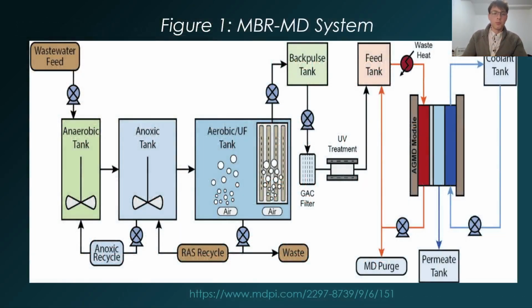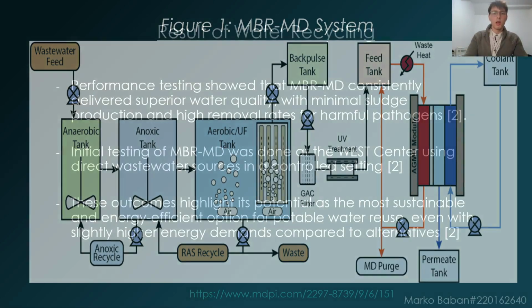And the way we can see it in theory is in the graph which I've shown in figure 1. So the wastewater goes through the 3 different tanks. With the help of using air, which is compressed in different ways, and with the help of a GAC filter and UV treatment, we come to a point where we convert all the water and we separate it from the wastewater. Therefore, we get clean water.